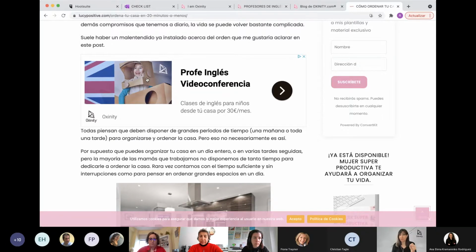This is a paid display advert on Google that Oxinity does. That will help only those who have previously shared something and someone has clicked. So if you've got clicks with this blog post or any other, and then you click this, then the client is for you. It's super simple.